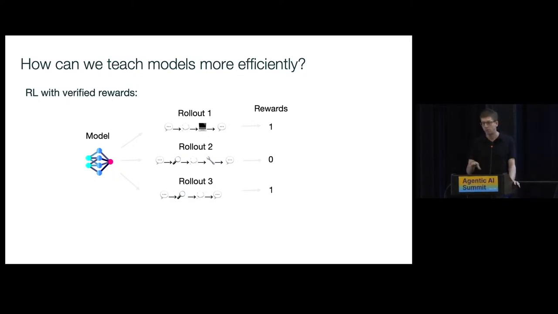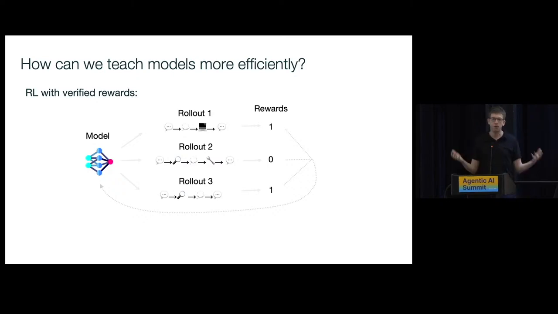Let's look at reinforcement learning as an example with these verifiable rewards. We've got this big model. We give it some tasks to do, like solve a coding problem. Maybe we give it tools. It might write code. It might search the web. It might use a debugger, whatever it does. So it does all these sessions. Imagine an agent for something like SWE-bench. It's doing all these trajectories trying to solve the problem. And then at the end, we just check, did it solve it? And we give it a 0 or a 1 based on whether it did. And then we pass this through our loss function, and we do gradient descent on all those weights.